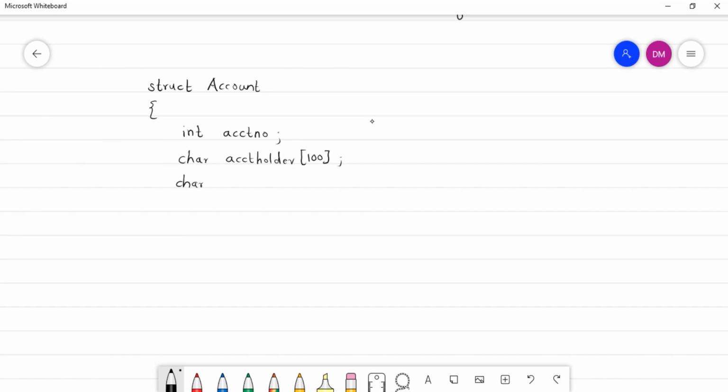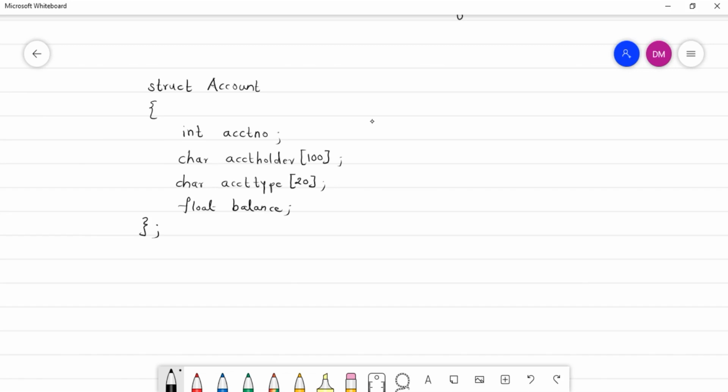Account type will also be of type string. It can be a saving account, it can be a current account, it can be an overdraft account, anything. Of size say 20. And the most important thing is balance, right? Okay. So we are done with the structure definition.